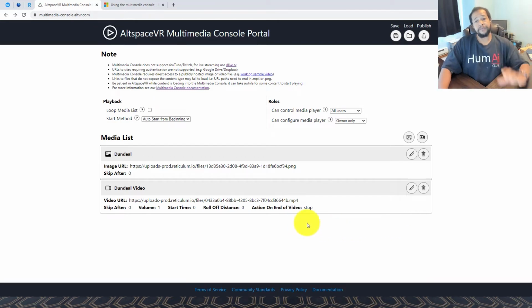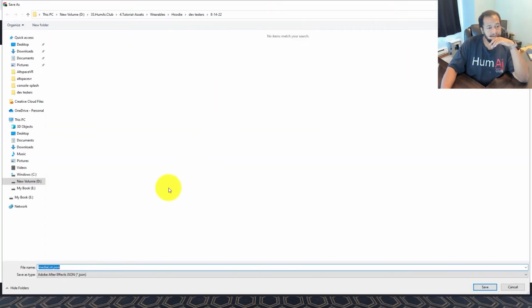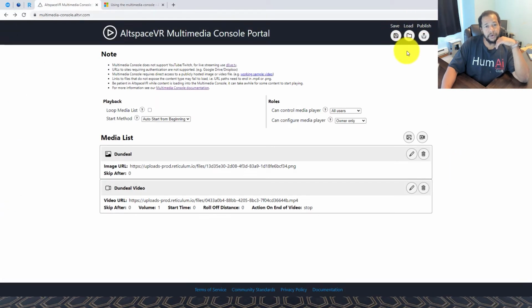So now you can save this. In the case that you needed to load it again, you could just hit save, and you could save this media list JSON file, and then you would load it back in. So you can use that as a method of backing this up. But after you finish configuring your media list, you hit publish,